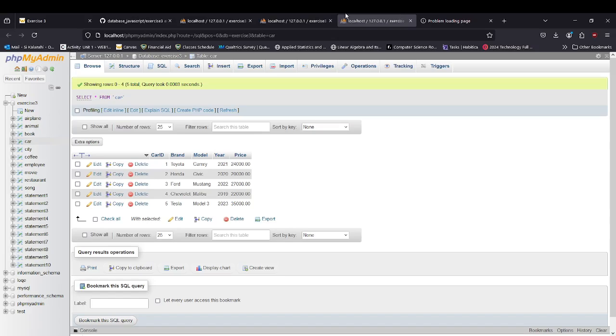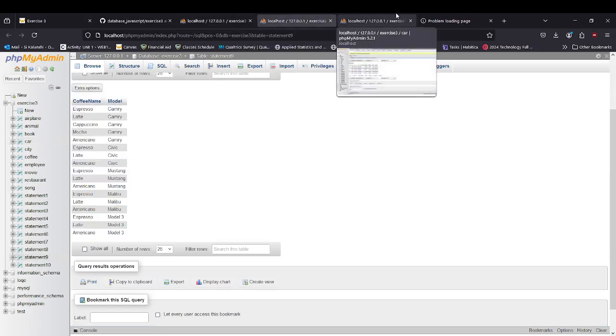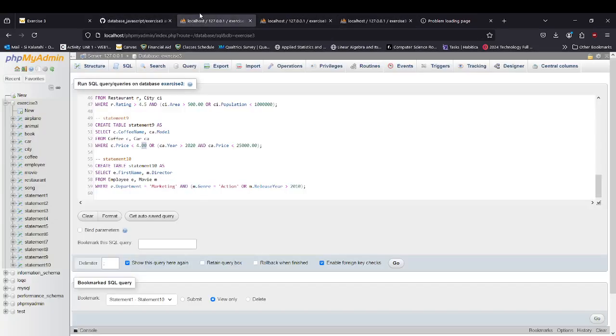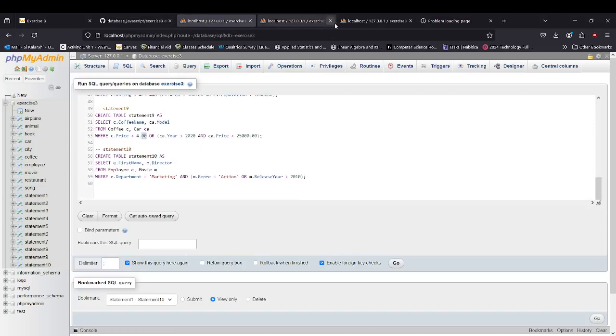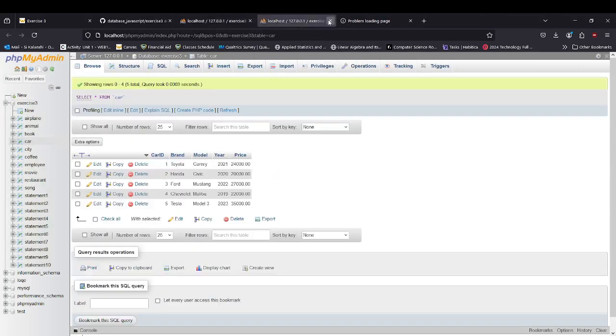It's 27. All right, a little more. And the Model 3, that's the Tesla, 35,000. I thought they were cheaper, but anyway, let's go to